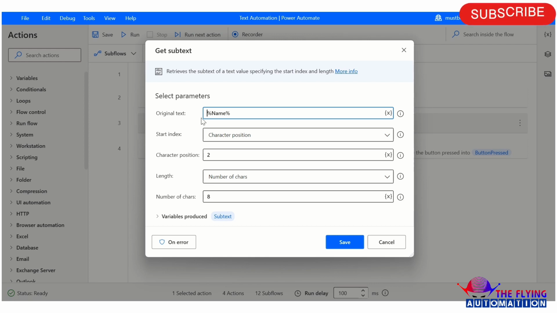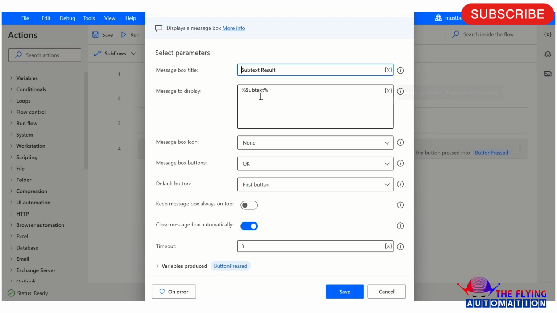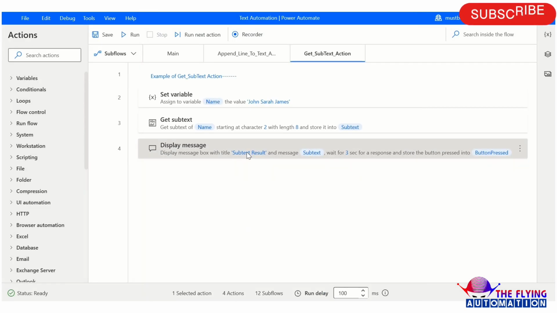So I hope you understood the get subtext action parameters. After this I am using display message to display the subtext variable. So this is all about the flow of the get subtext action.